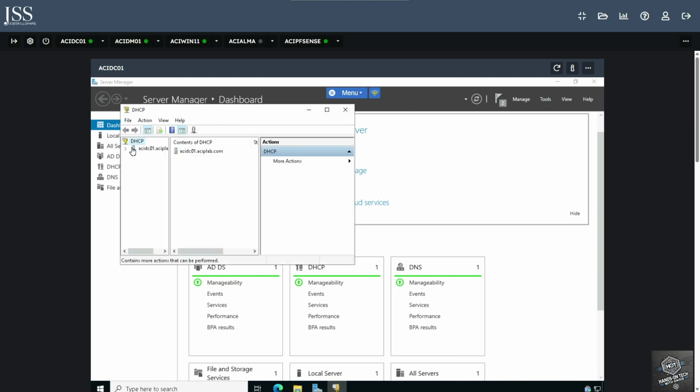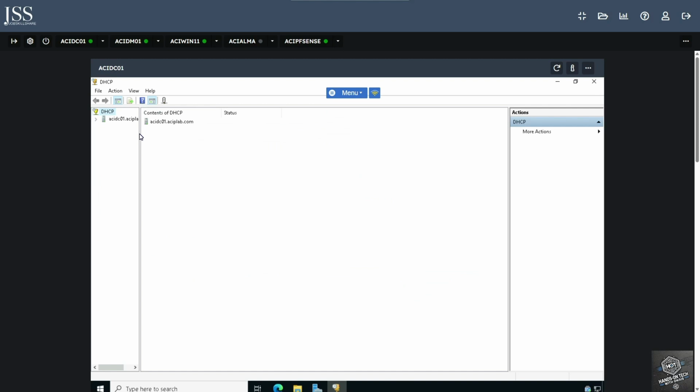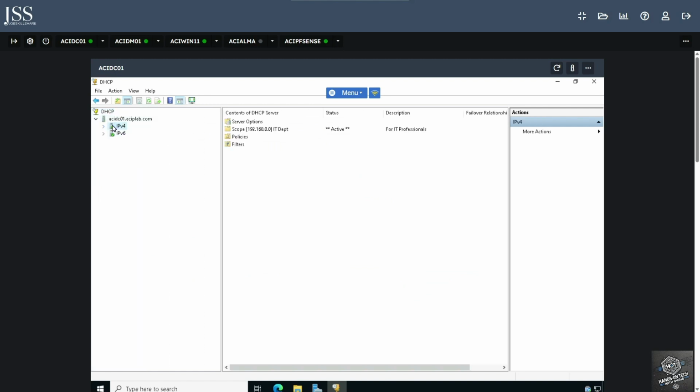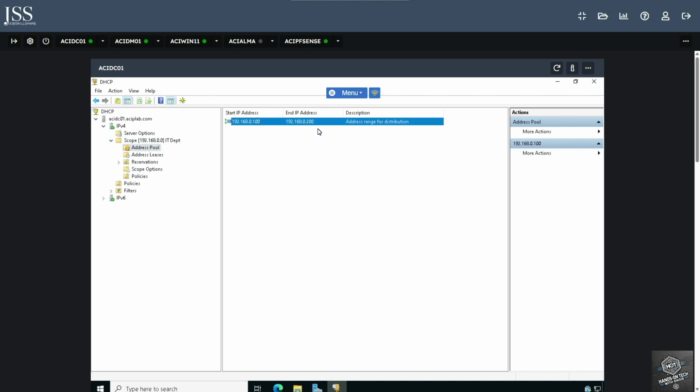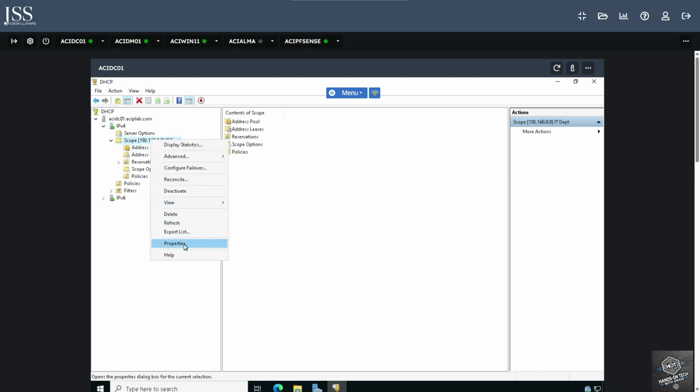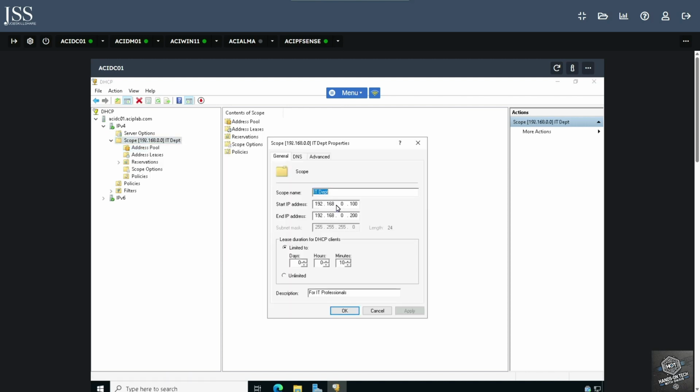Make sure the server is there, expand IPv4 and check the scope here. The scope is defined. We can right click on the scope and click on properties. Here we have the range of IP addresses, the subnet mask, and the lease duration for DHCP